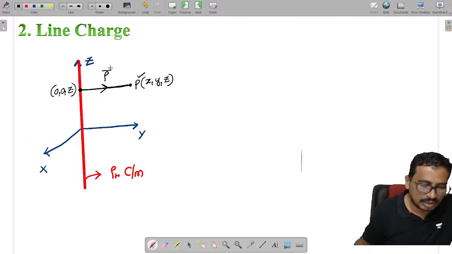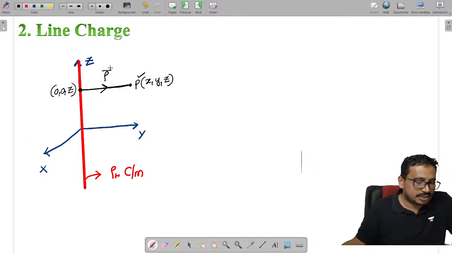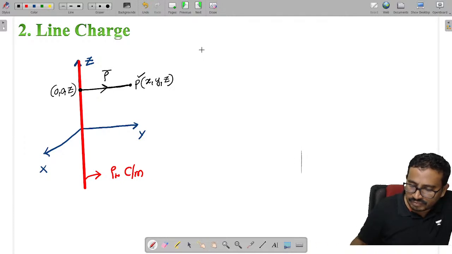This distance I am calling rho. Then the electric field at the point P is given as E equal to ρL by